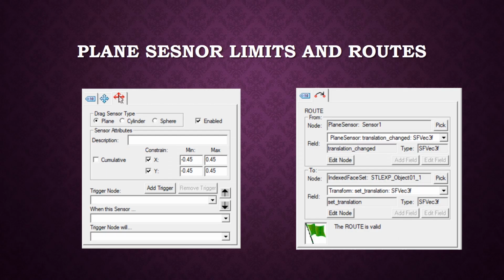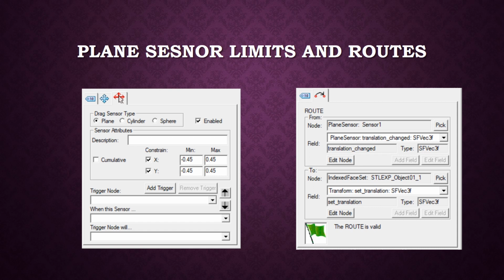Now plane sensor limits we will set as minus 0.45 and plus 0.45, and y limits will be again minus 0.45 and plus 0.45, and the route will be from the plane sensor to the coin, because we want to move the coin.